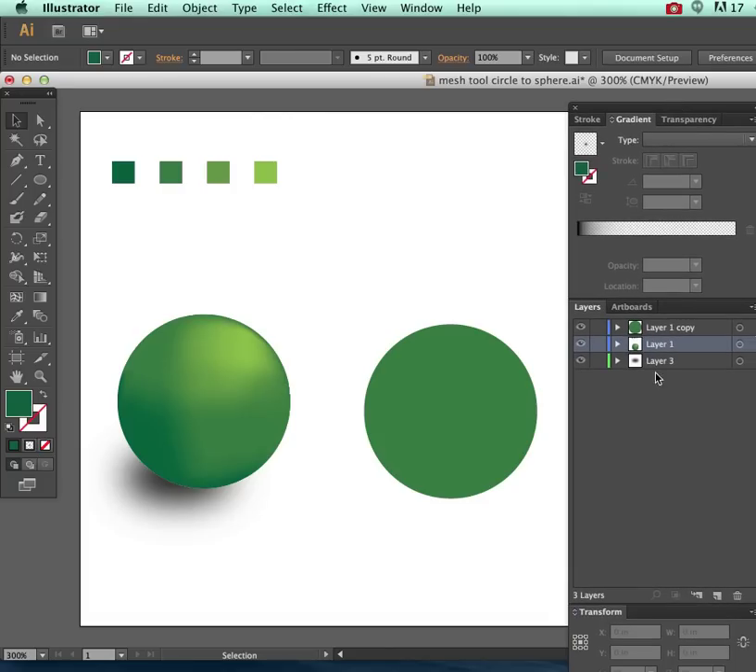Alright, in today's tutorial we are going to go over the mesh tool, and this is supposed to just be a first introduction to the mesh tool. One thing the mesh tool does really well is you can create objects and make them look like they're three-dimensional. So you can see right here that I made two circles, these are identical, and then just by using 4